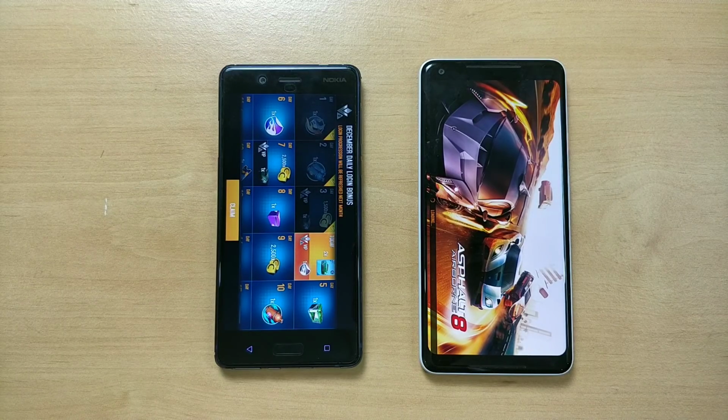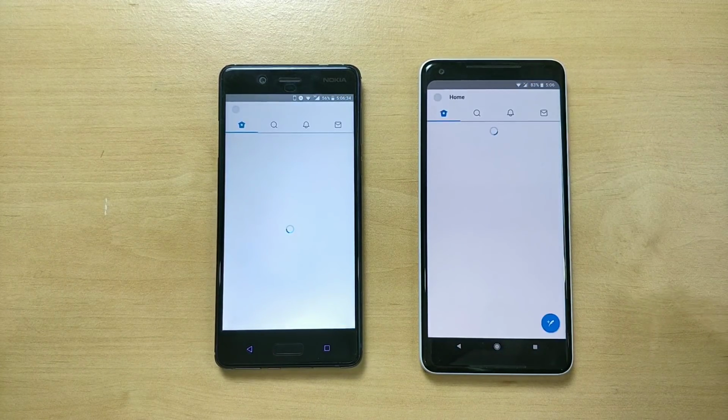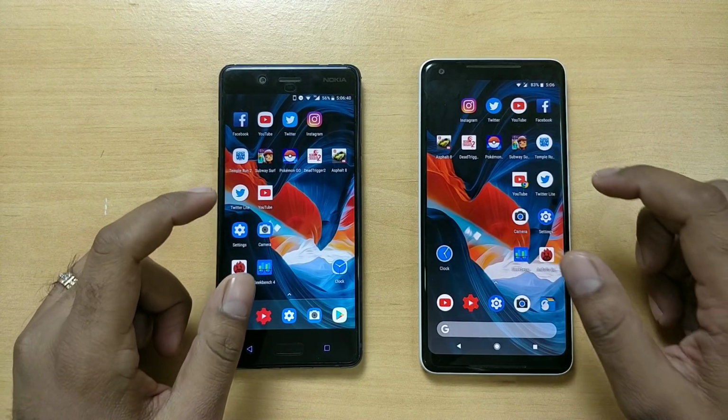So Pixel, no application, no games in the memory, while Nokia has only one, which both of them are kind of the same, but still Nokia is doing slightly better here. I don't know why, what could be the reason. So here it is, some things, both of them at the same time. And YouTube